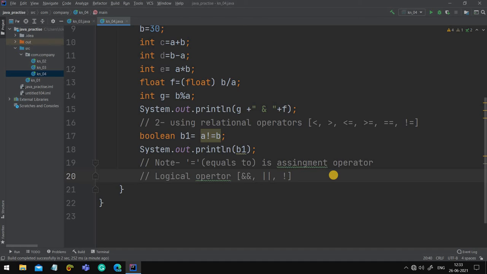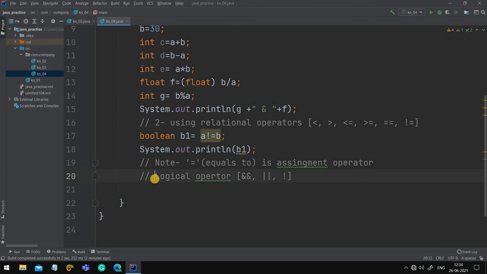Okay, so now let's understand their working. They will also reply in true and false only. The result of relational operators is also in true and false. Now how will their output come? What does logical AND tell us? Basically, logical AND tells us that if both the conditions are true, means two conditions are there, and if both are true, then only the output should be true. How to use them? Let me tell you.